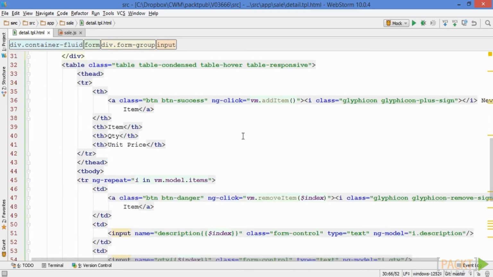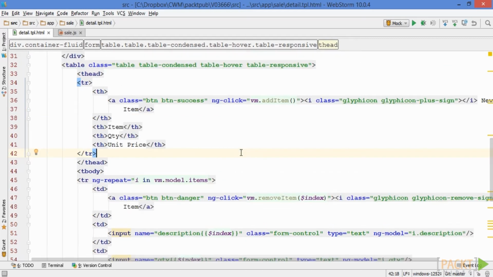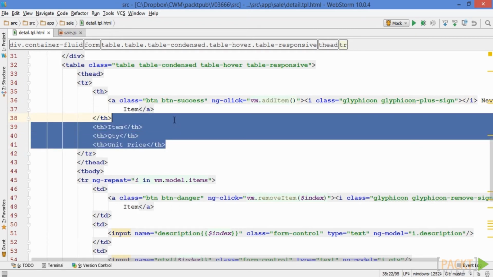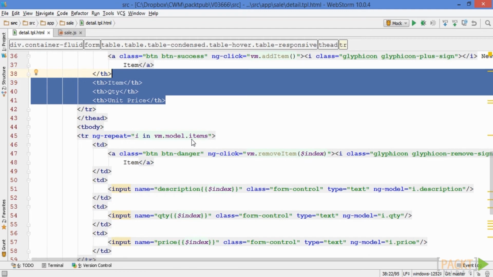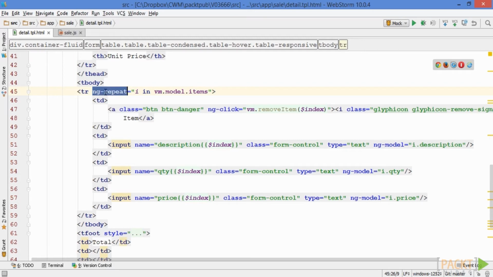So now moving on, we see a section that is used to add and edit the items on the sale. I know a lot of people will argue that this is a bad idea, but when it comes to enterprise database applications, tables are great elements for displaying and manipulating tabular data. Here I've used the table header to embed the add button. On click, it's going to call a method named addItem that hangs off the VM. The following three table header elements are standard and used to provide the true headings for the item, quantity, and unit price. Moving on to the table body, we'll see a standard ng repeat to list all of the items